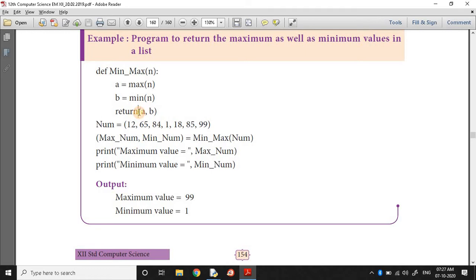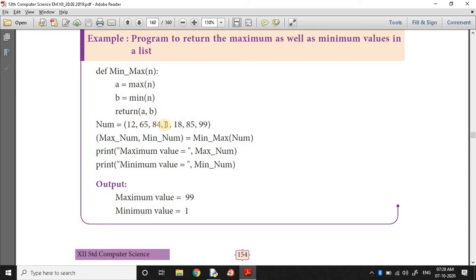Okay. So the return value is assigned. This is the main program statement. Function statements are these three statements only. So whenever this function is called, which receives one value, then the A and B values are calculated, then returned. That's all. Then the main program, because of the indentation going backward, comes back.